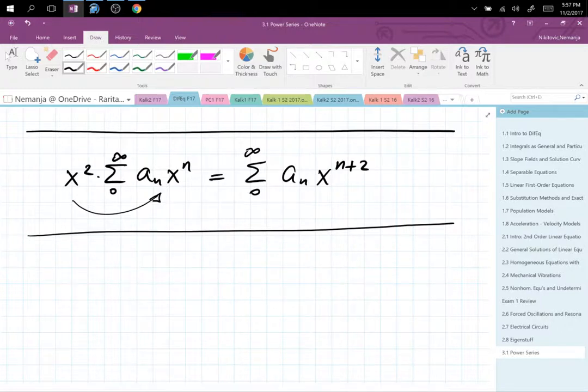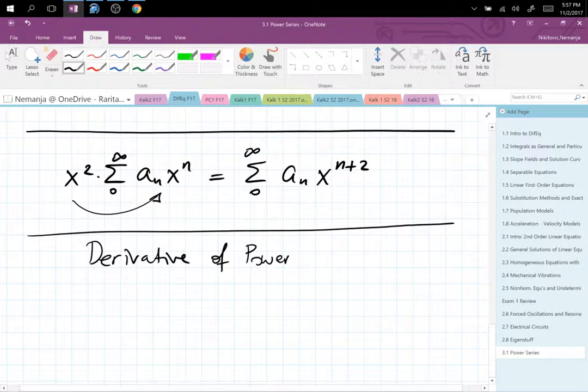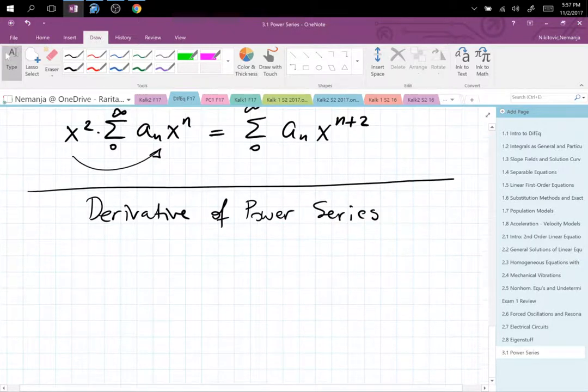What else is crucial? And now it's time to take the derivative of power series. So let's say that you have the power series. Well, first, the derivative of power series in respect to x